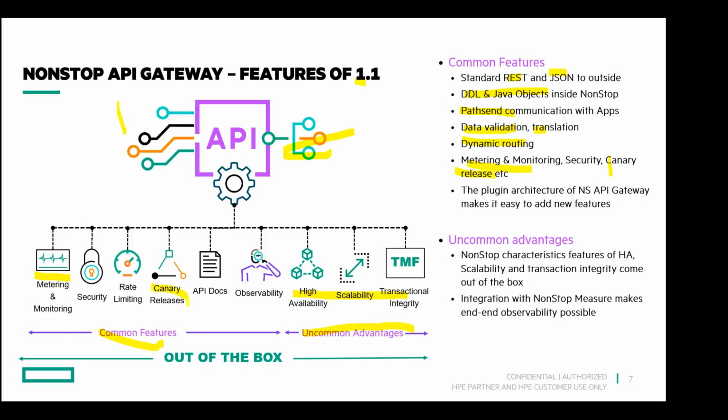So what they do is, let's say 100 people on the left-hand side were using application version 1. Instead of migrating all the people, they take 10% of those people and make application version 1 and version 2 run in parallel on the NonStop, and then they route 10% of the people to the second version, that's application version 2. 90% of the people are still happy with application 1. Then you operate like that for some time, and if no problems occur, you are happy. So move 25%, then 50, probably 70, 80, and then finally you move the entire 100% into application version 2 and then remove application version 1. So this methodology is called canary releases.